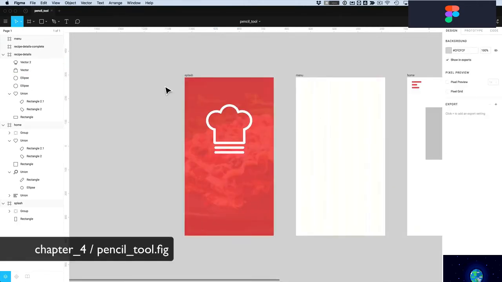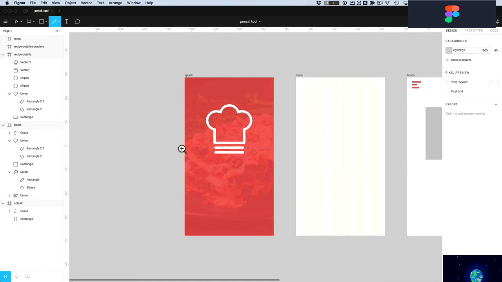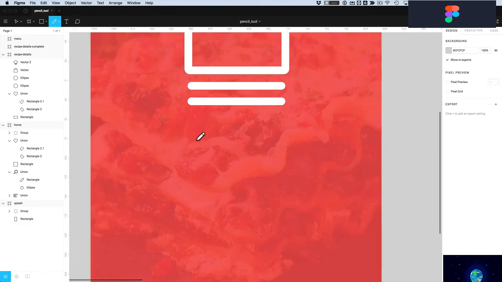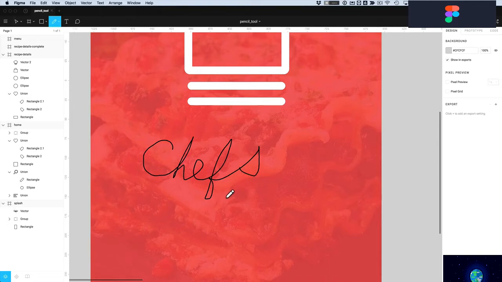If you want to design more free-form shapes, you can use the pencil tool. And you can find this tool here under this drop-down arrow next to the pen tool. You'll find this pencil tool. I'm just going to hold down Z and draw a rectangle here to just zoom into this area. So if you do have a Wacom tablet or something, I'm just using my mouse right now, so this text might be a little bit choppy, but you can kind of see how the pencil tool works here. If we just create some free-form cursive font,